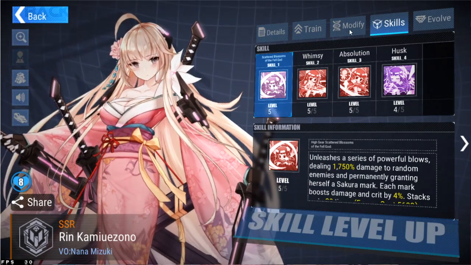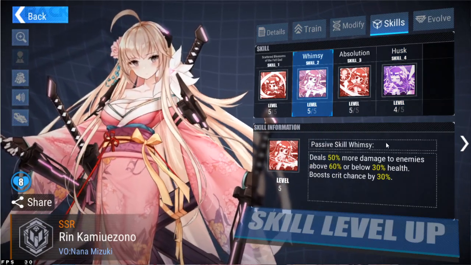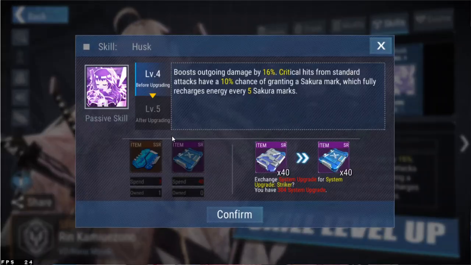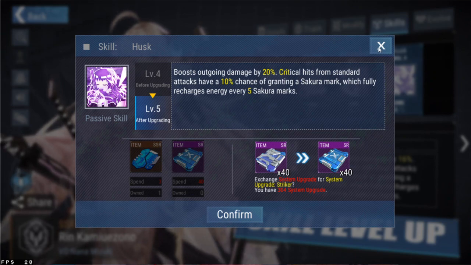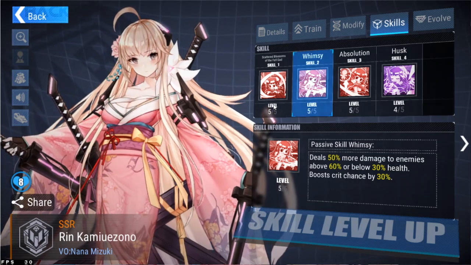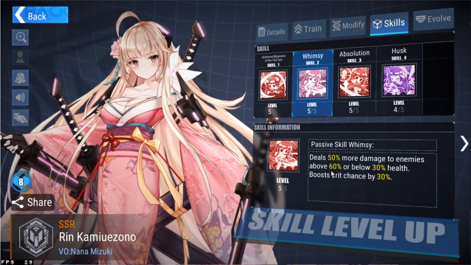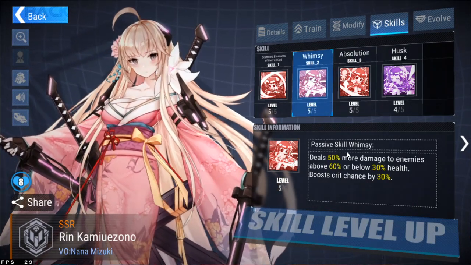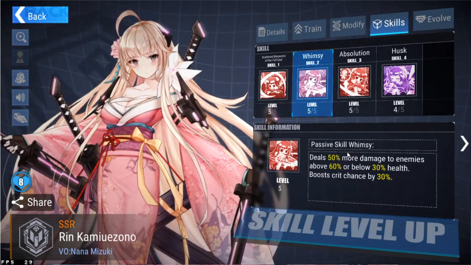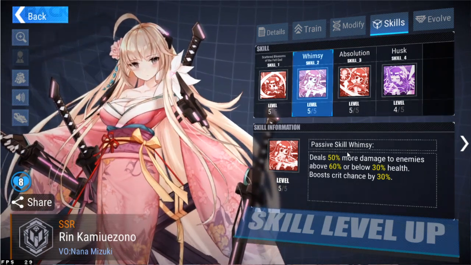So yeah, Wren, pretty much, like I've gone over in another video, but as you can see here, I pretty much have her maxed out, and this here is just a 4% difference. So her kit overall is just pretty insane. Being able to deal 50% more damage to enemies that are above 60%, and then that halfway mark in a 40% range,